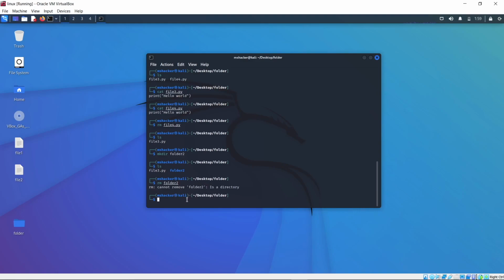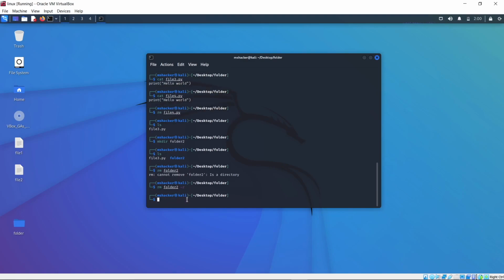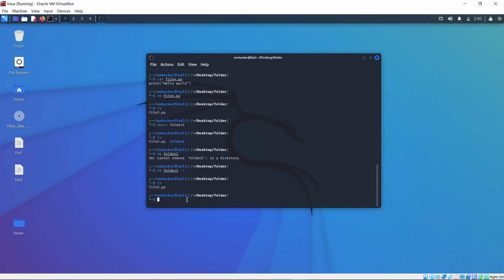It says cannot remove folder2, and it will tell us that it is a directory. So how do we delete it? Well, we will remove it in the same way we remove files. We just add an option at the end of the command. So type rm folder2 and then at the end add a space and then -r, and press enter, and this